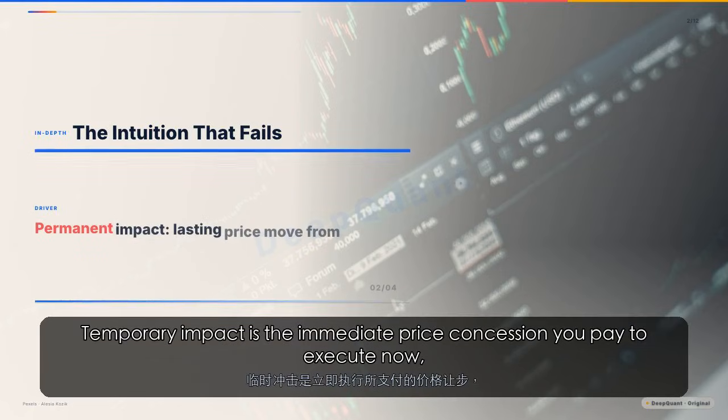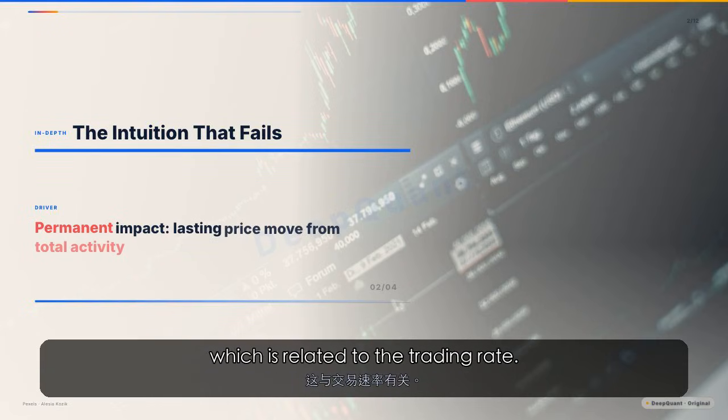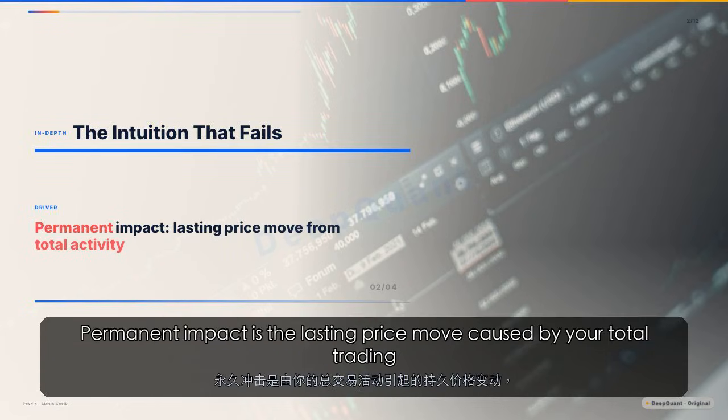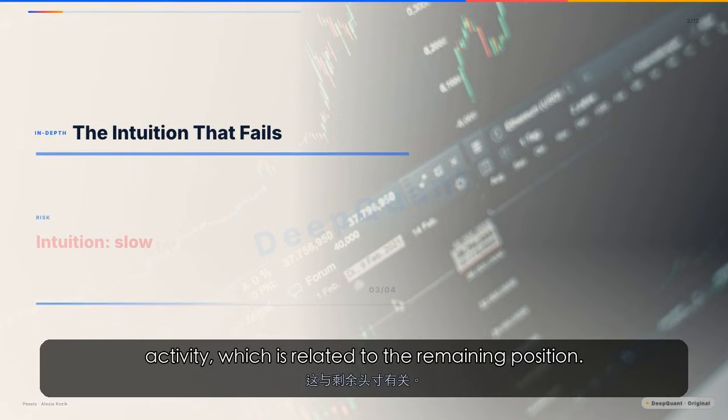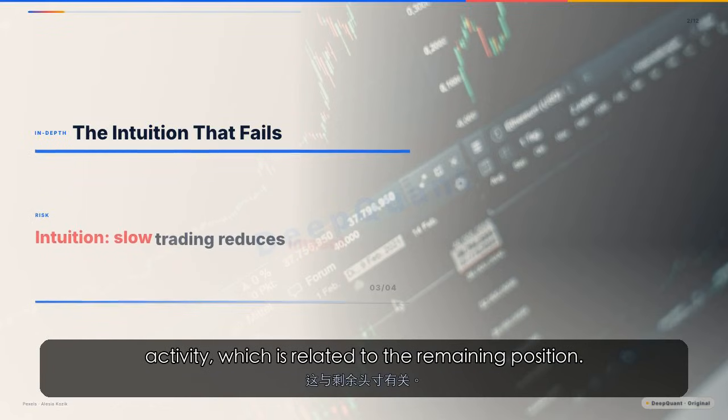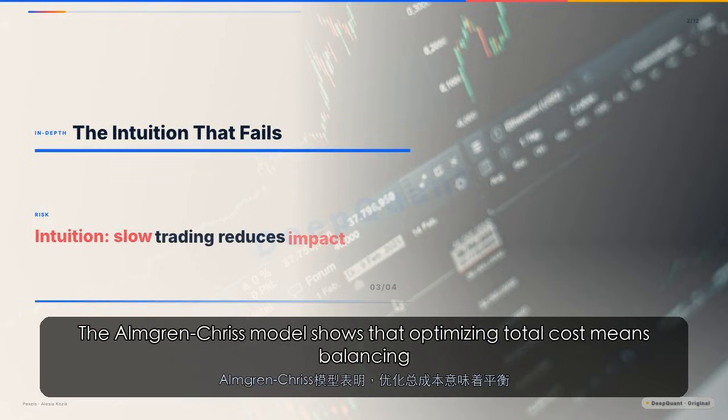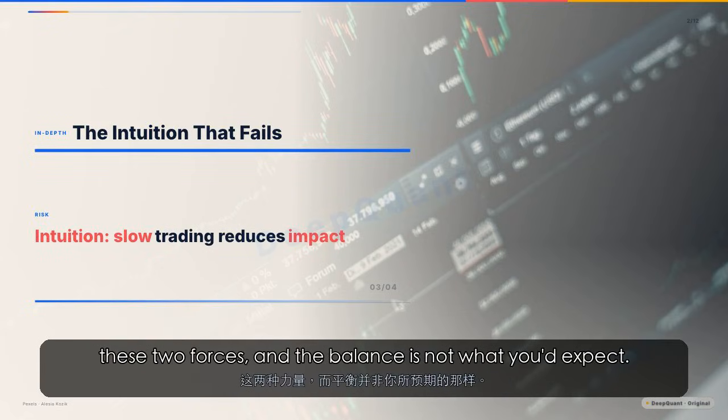Temporary impact is the immediate price concession you pay to execute now, which is related to the trading rate. Permanent impact is the lasting price move caused by your total trading activity, which is related to the remaining position. The Almgren-Chriss model shows that optimizing total cost means balancing these two forces, and the balance is not what you'd